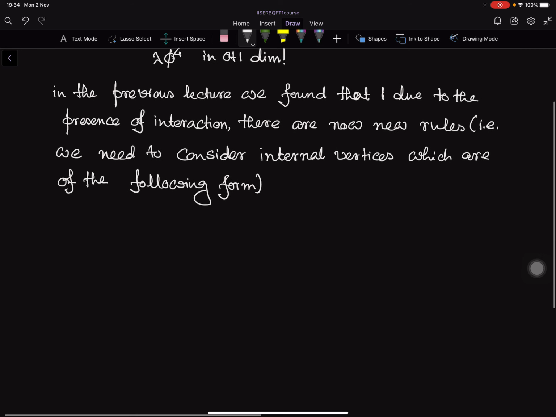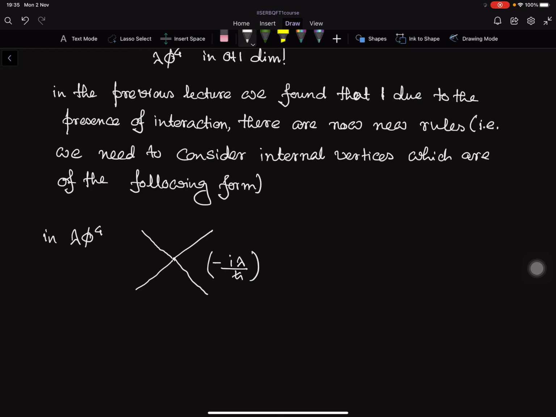I mean, basically in lambda phi 4 theory, and every such vertex in momentum space will come with a factor of this. And also